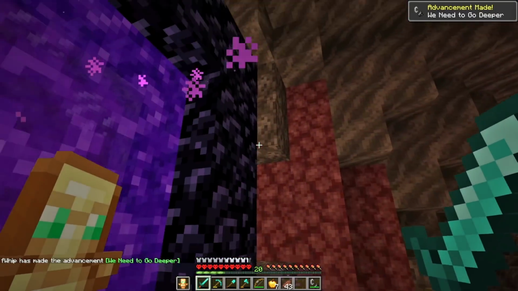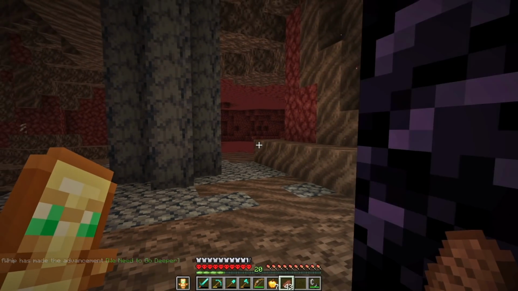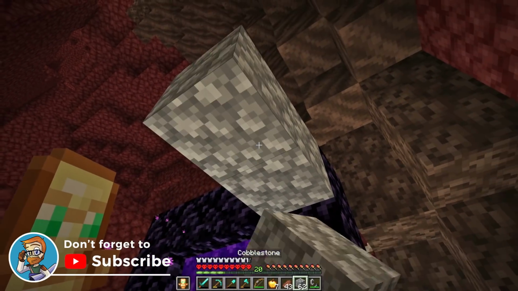Crouching, and we're in a soul sand valley. That's, ooh, are we in a corner? Oh, we're in a corner. This could be good and bad. Good because we only need this block right here, but let's get some cobblestone out and box ourselves in a